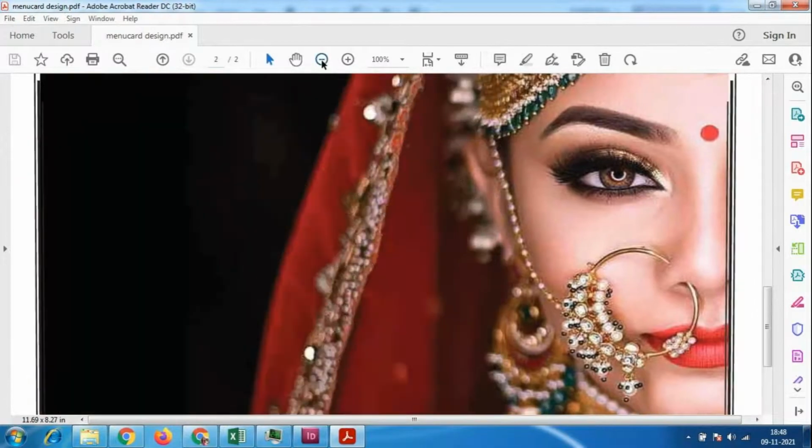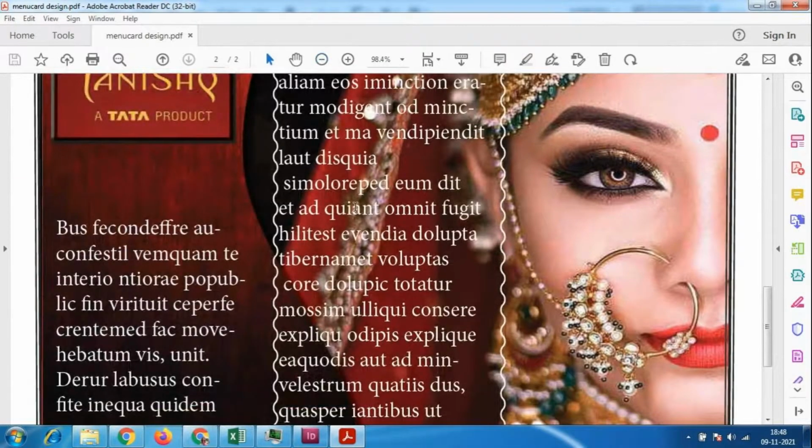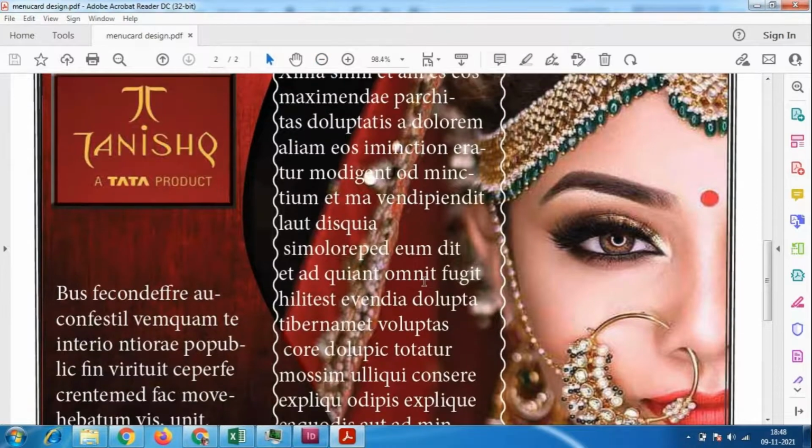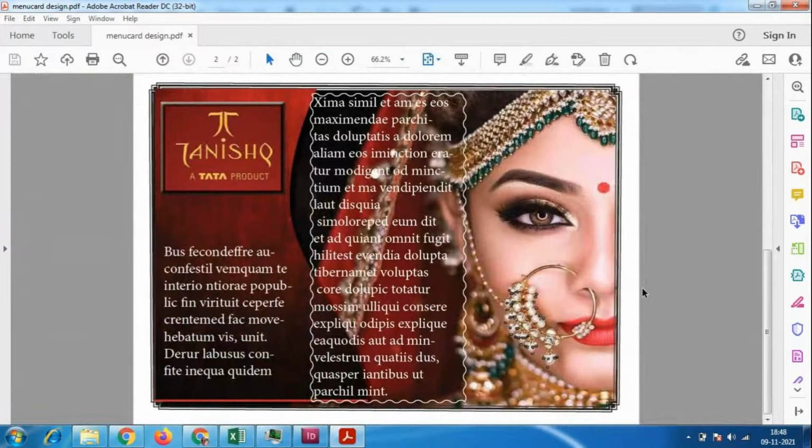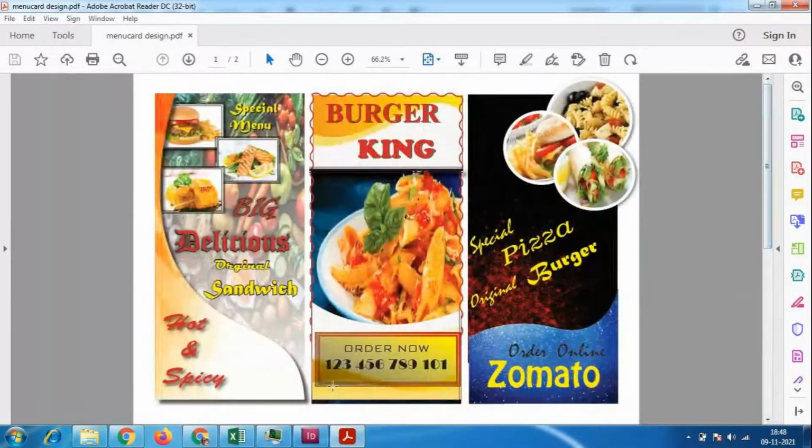Here we have not added so many things, so everything is looking perfect. When you add so many contents, we have to look at each and everything, because here we have three different shapes, many images, and so many contents. That's why minimum mistakes will always come.